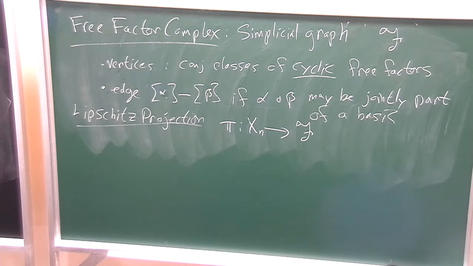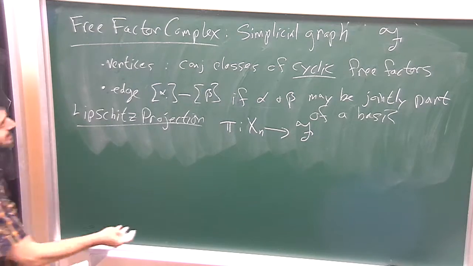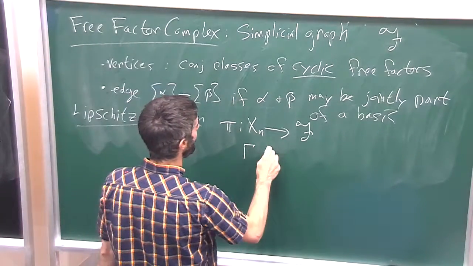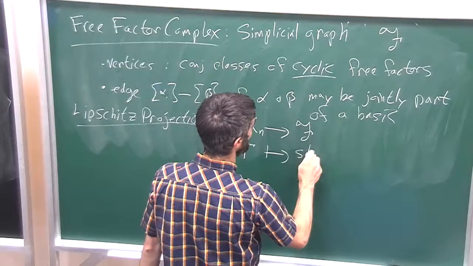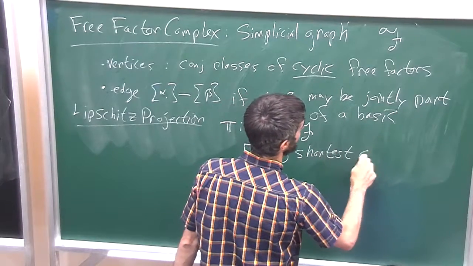If I'm standing at a point in outer space, I have a marked metric graph. So I can look at my graph at the shortest loops, or the shortest conjugacy classes at that point, which if you think about it will be some embedded loop in the graph. OK, and I just pick the shortest loop. That's what I do. OK, and if you think about it in a graph, a short loop always defines a basis element, because I could just contract everything down to a point and then a tree and so on. OK, so then that's totally fine. So I just send a graph to a shortest conjugacy class